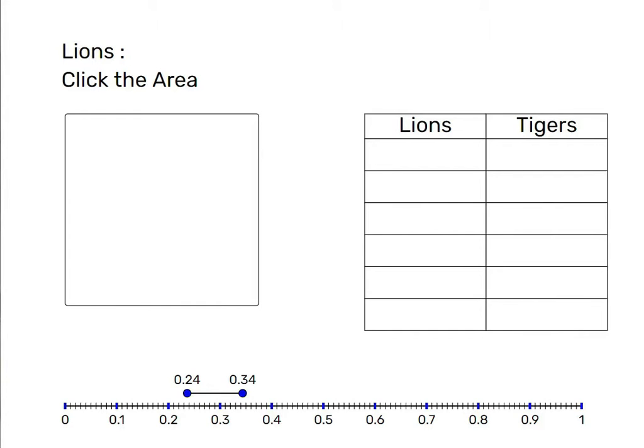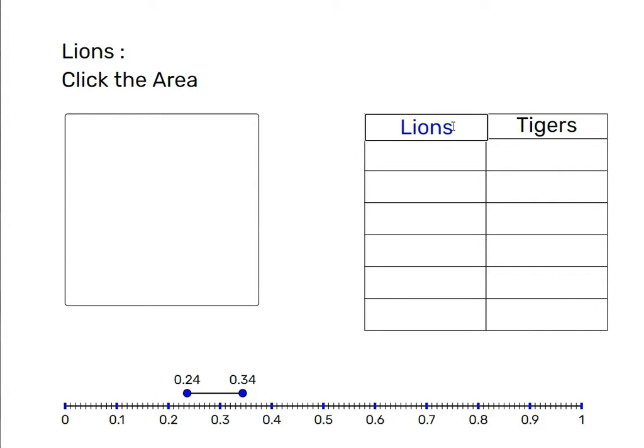Welcome to the Decimal Estimation Game. This game will develop the students' number sense in decimal numbers. They'll make an estimation in regular fractions and express it in decimals and the axis. The game is intended to be held in class as a competition between two teams. The default names of the teams are Lions and Tigers, but these can be edited.